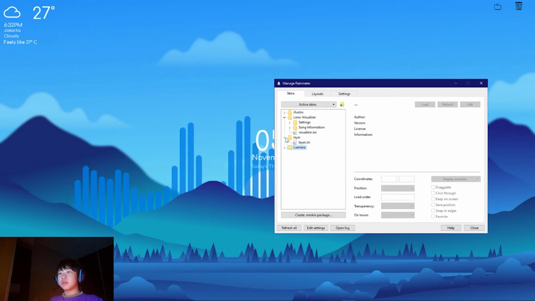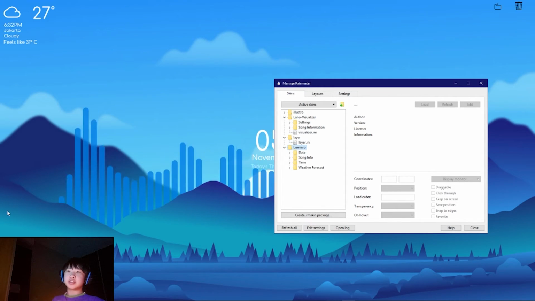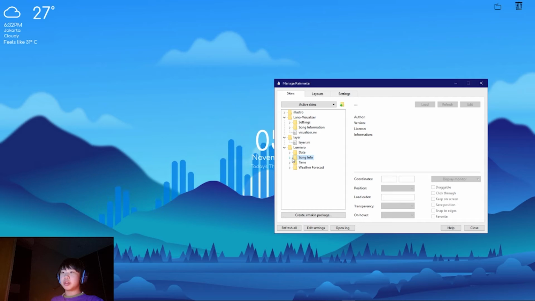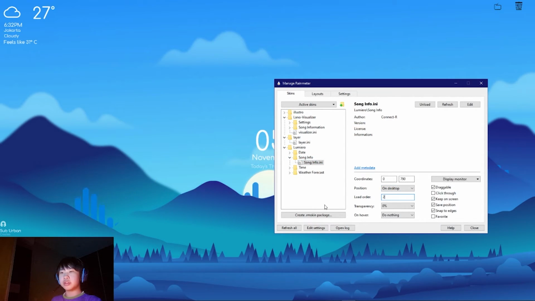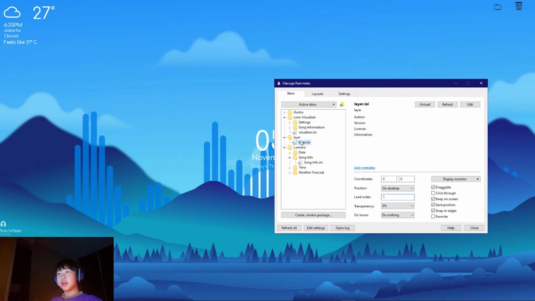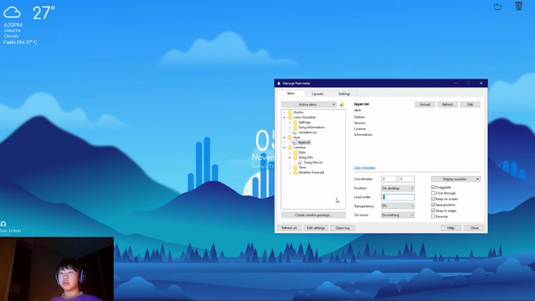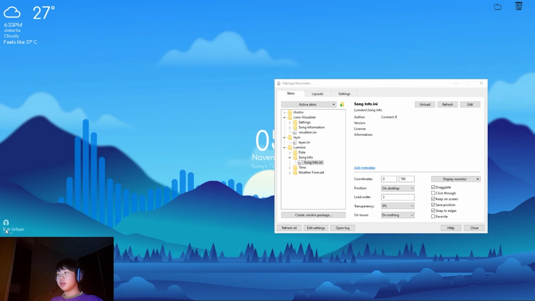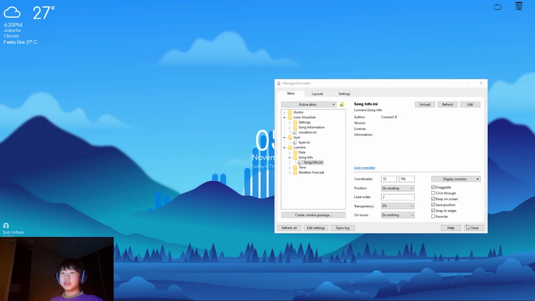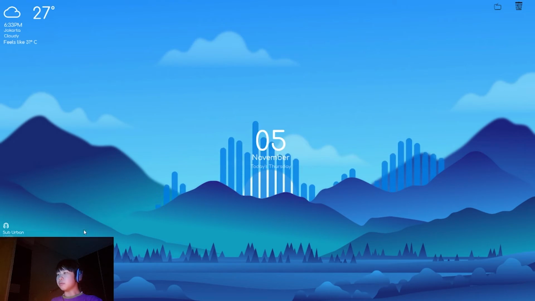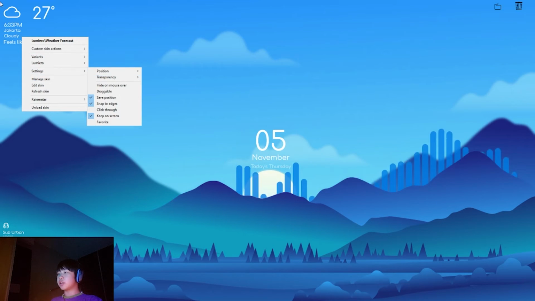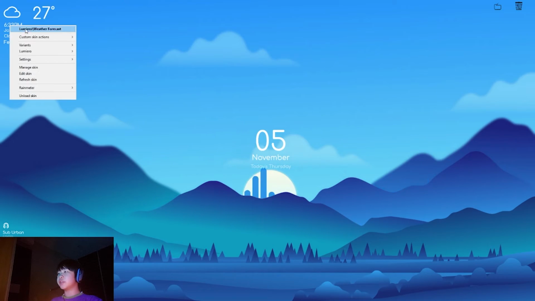Alright, and now as you can see, I put the song information over here, but it's not there, and the reason is because the layer is above that. So put the load order on 2, because the layer is on load order 1. If this is on 2, it will be above the mountains, so you'll be able to see it. And make sure that you uncheck draggable for literally every single one of them,